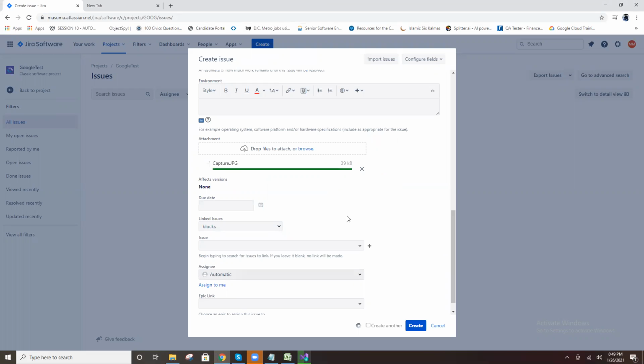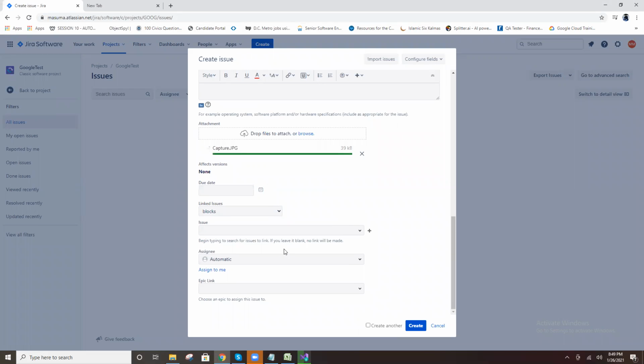Then scroll down. You assign it to someone. So as of now, click on assign. Assignee. Assign to me, as only you are available right now. If any members are there, those members will be available. As of now, click assign to me. Who is assigning? The developer is assigning, right? As of now, only you are okay. And create.